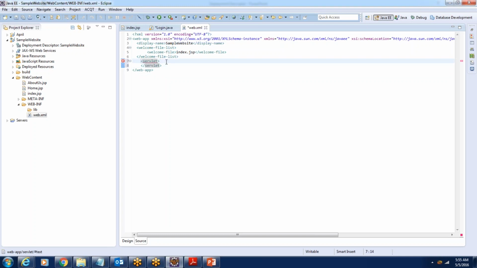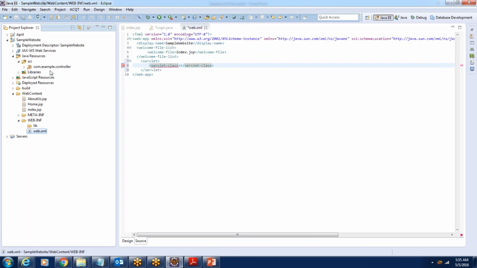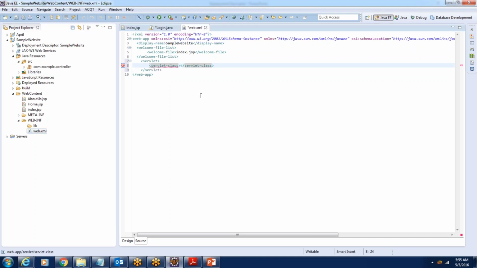Under this, the fully qualified name. So the fully qualified name is com.example.controller.login. And the alternate name we are giving to this servlet is